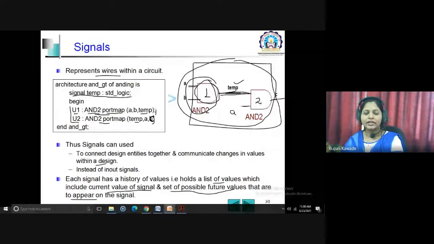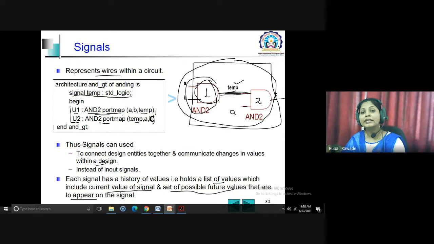The type of mapping we are seeing in this port map statement is the positional mapping. Whatever position or sequence you mention in your entity or component will remain the same here in the port mapping also.